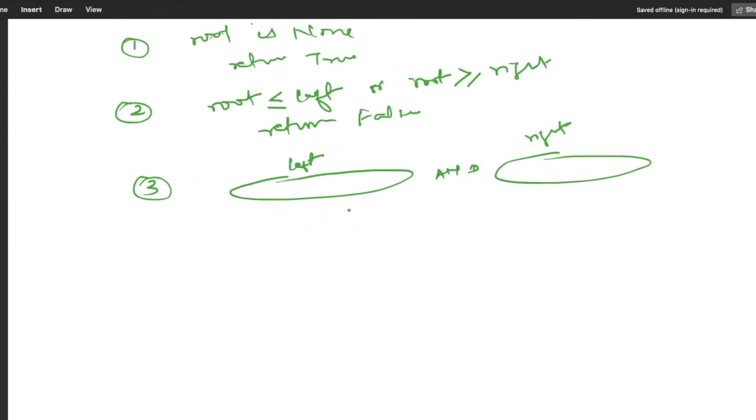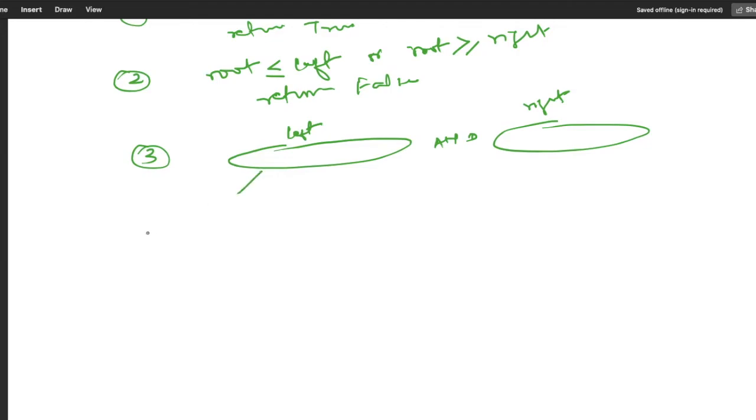Now here we are passing three parameters for the left side: the node is root dot left, and the left part is the left part itself, and the right part is the root dot data.